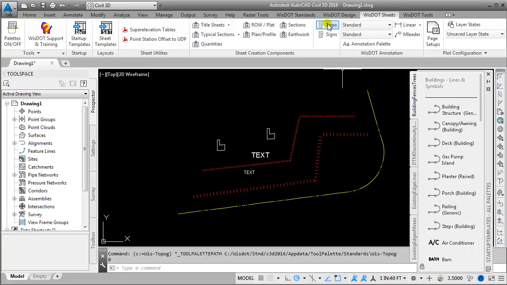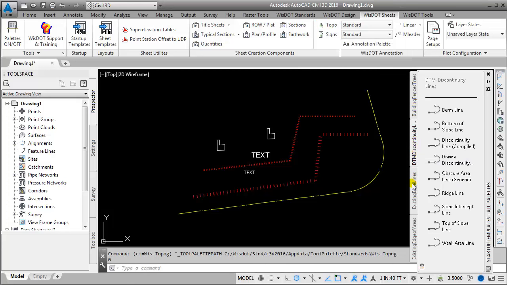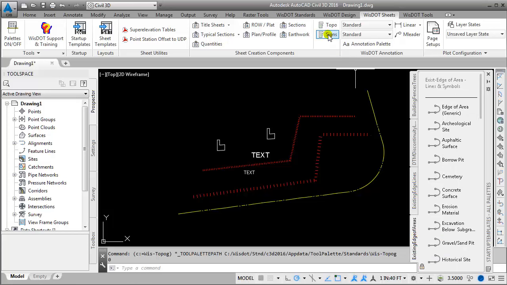The Topo palette is provided basically as a legacy palette. If you used the WisDOT managed palettes in 2014, this will look almost identical. Some of these tools may be incorporated into other workflow palettes in the future. So if you can't find something that you're used to finding and you saw it in WisDOT managed, go ahead and try over here. Now next is the signs